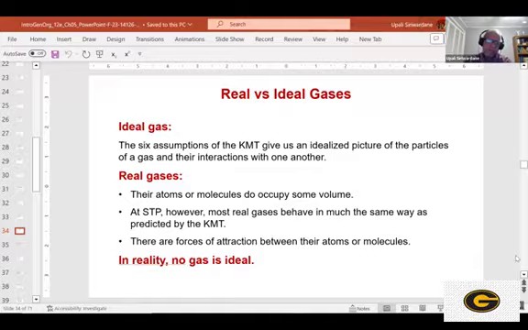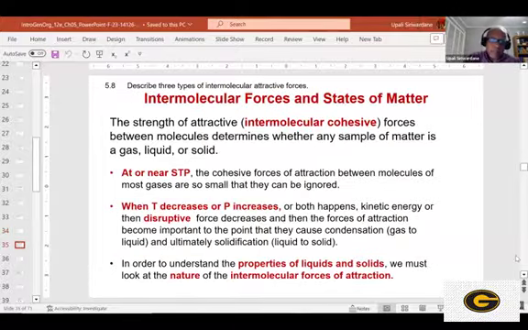In reality, ideal gases are at or near STP. When we do a lot of gas measurement, they are near 0 degrees Celsius or 273 Kelvin, and pressure is 1 atmosphere. For those gases,